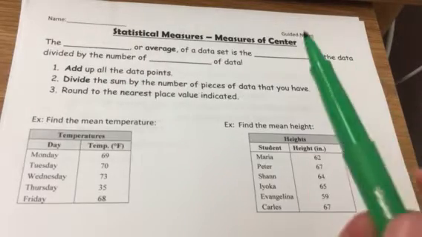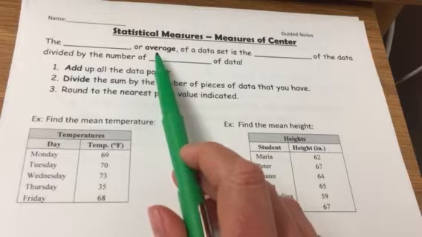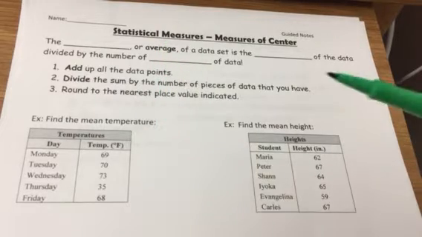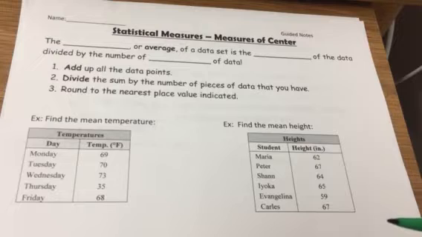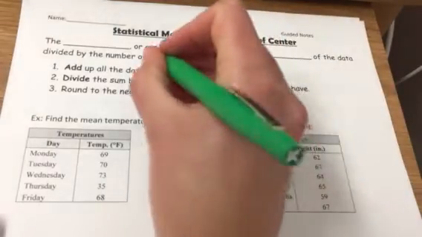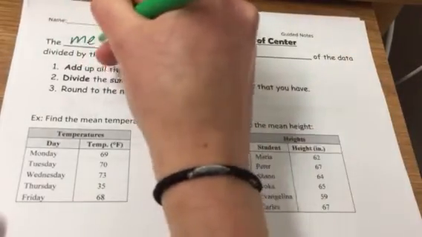We have a couple of different ways that we can describe data sets, because when we have this whole long list of numbers, it can be really hard to conceptualize and understand. So we have a couple of different descriptors for our data sets that give us a really good idea of what types of numbers we're looking at. One of the most commonly used measures of our data is what we call the mean, or